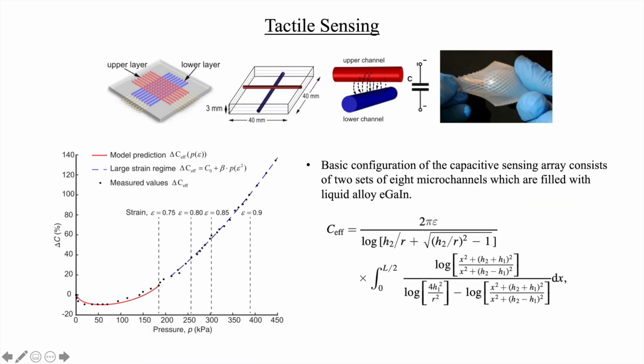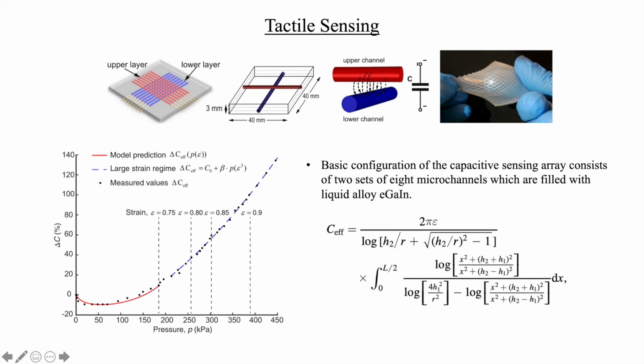So this is tactile sensing. How do we record touch? In this technology, they have used 8 micro channels, each of them filled with eutectic gallium indium. This eutectic gallium indium is an alloy, and it has very good properties in terms of its fluidity and stretchability. So this technology is very flexible because of the use of eutectic gallium indium, and also because of the use of elastomer. So this is a capacitive based device that has 8 micro channels, and each of them